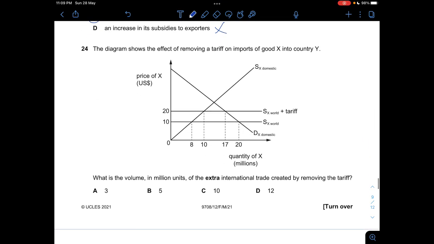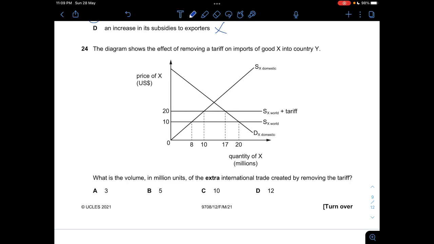Question 24, the diagram shows the effect of removing a tariff on imports of good X into country Y. And what is the volume in million units of the extra international trade? So you can see that when there's a tariff, your domestic supply would be at 10 million, and then your domestic demand will be at 17 million. So you have to minus 17 with 10. So you get 7 million for your